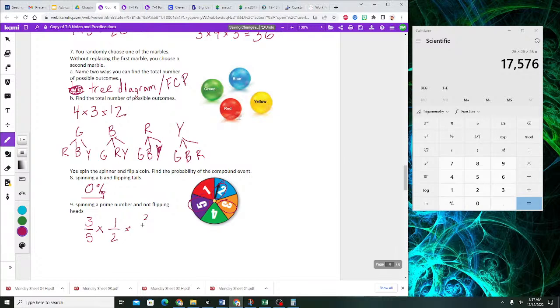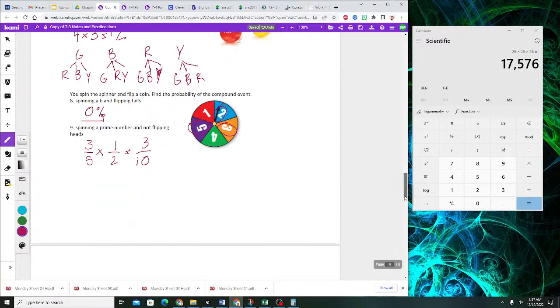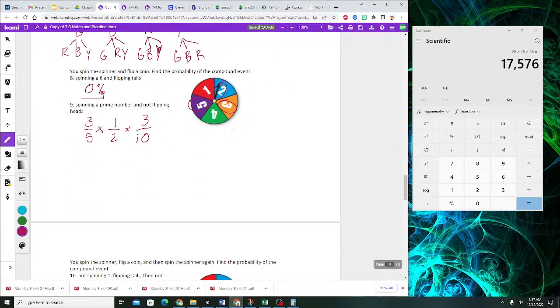So we could say it's 3/10. I just used the fundamental counting principle for that. Again, if you don't want to, you go 2, 3, 5, and then heads, tails,